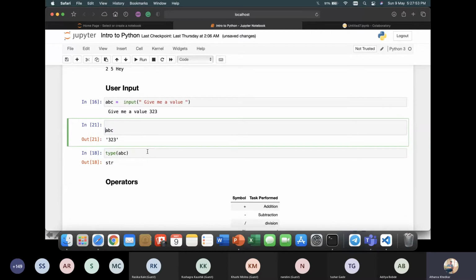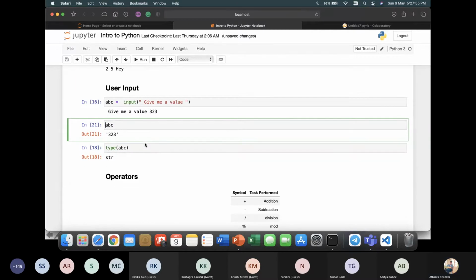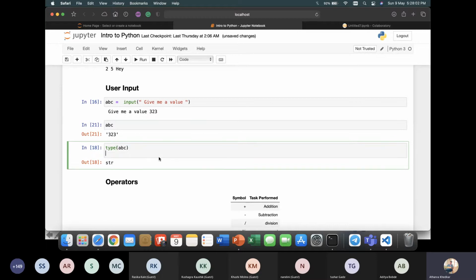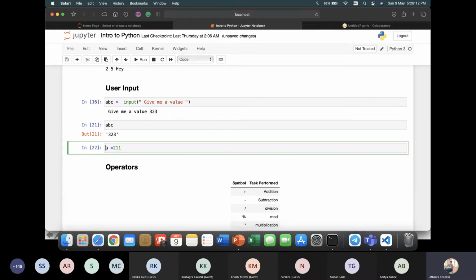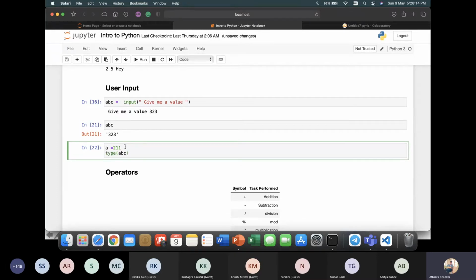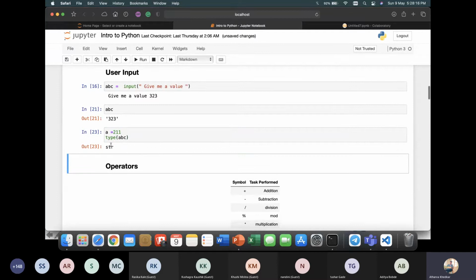That is just the power of it. For type also, if you have type written somewhere above and you are assigning something new here, then it won't be printed. But if this type is at the end of this box, it will act as a print statement and it will print whatever value it contains.